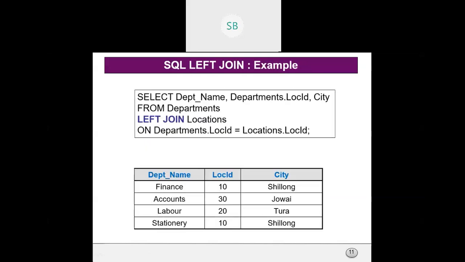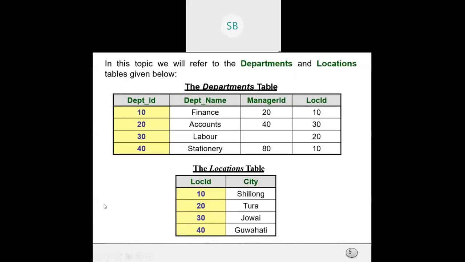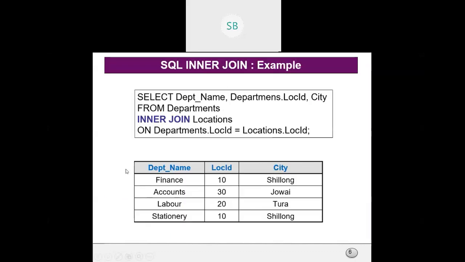The output is the same, because all the department names are there. So there is no extra row, and the result is the same as the inner join. If we go back to the department table, we see all the values have already appeared. There are no left out values in the left table, right? That is why everything appeared the same as the inner join.